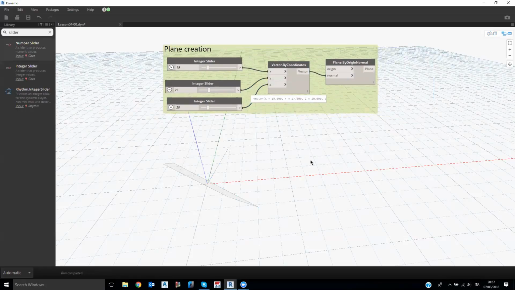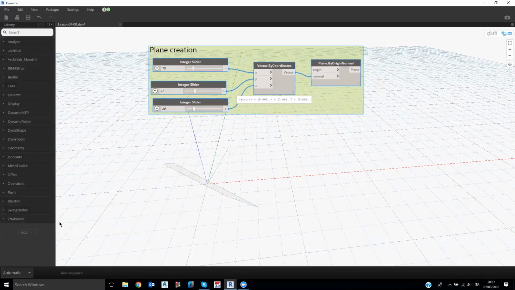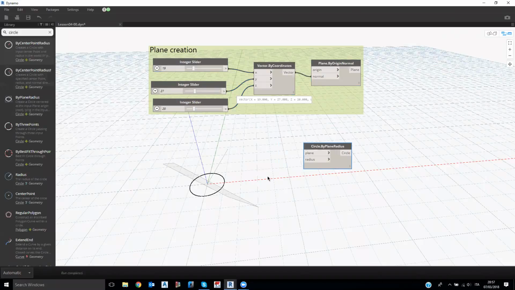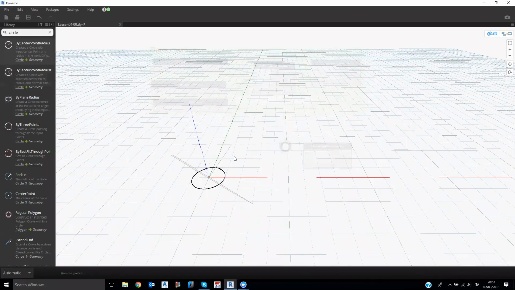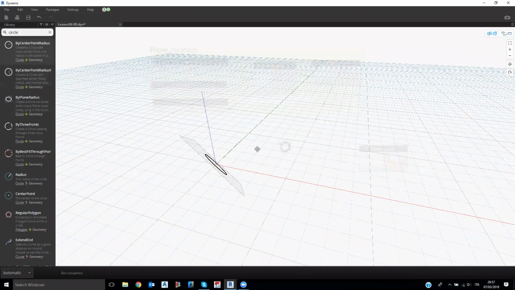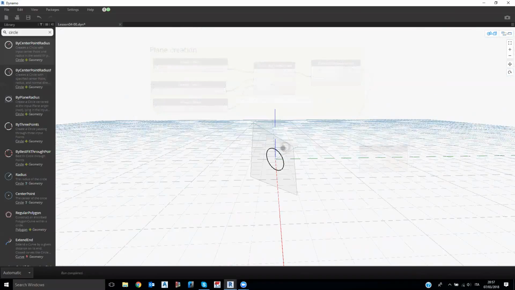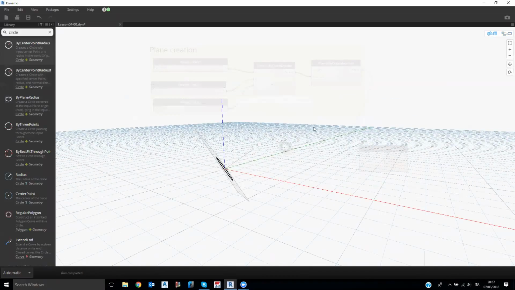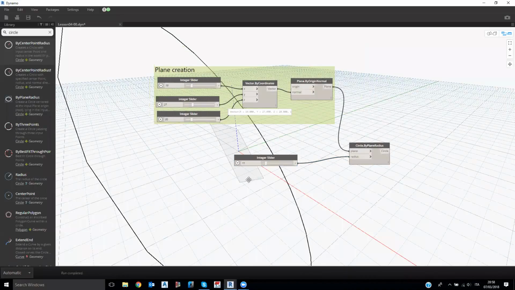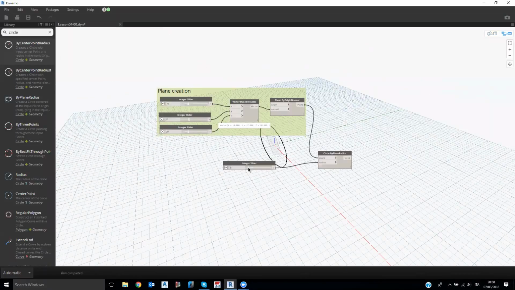We can immediately start to use this plane, creating, for example, a circle, because we can create a circle in many ways, and one of these is by plane and radius. So the first one is created on an XY plane, but as soon as we connect this plane to the circle, we can see that the circle is exactly based on the plane now, because it's using its normal to orient in the 3D space. And then of course we can copy and paste here, and we can start to build our circle. And anyway, now you know that you can connect sliders